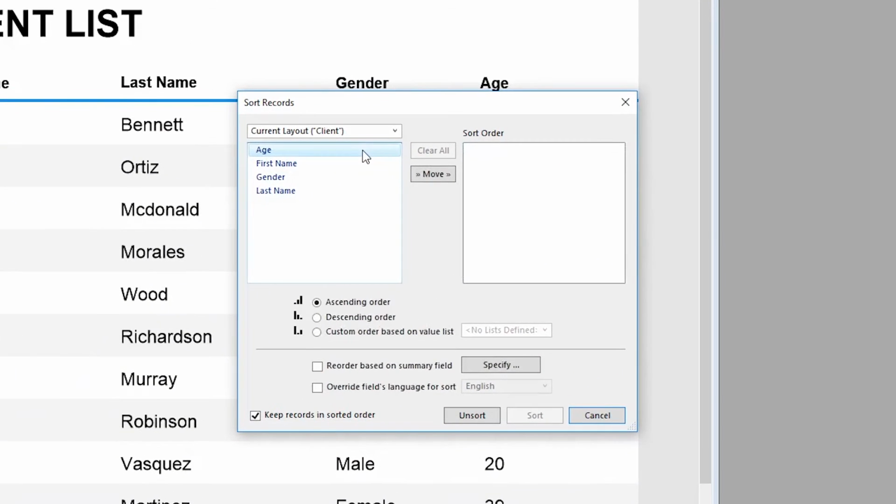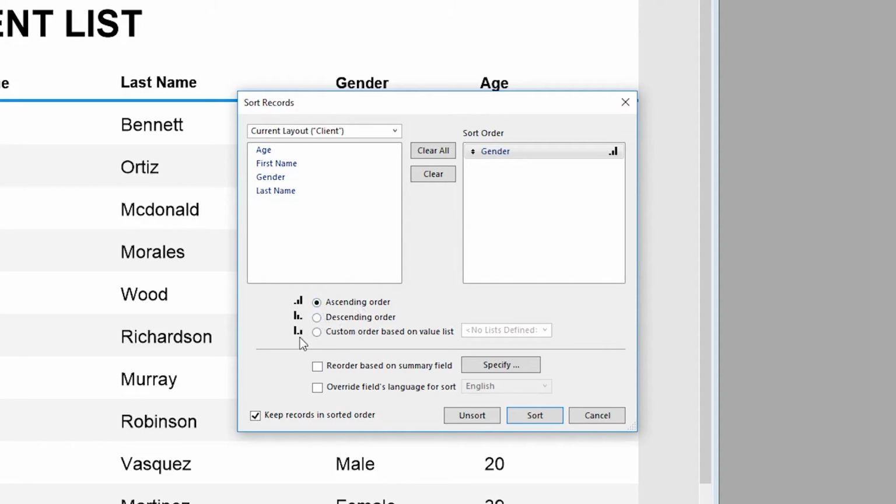If we sort by double click on gender, we notice that under the sort order column, we have gender here, and if we click onto it, it's from lowest to highest. And to change this, we can click onto gender here, highlight it, and then change to descending order or ascending order,